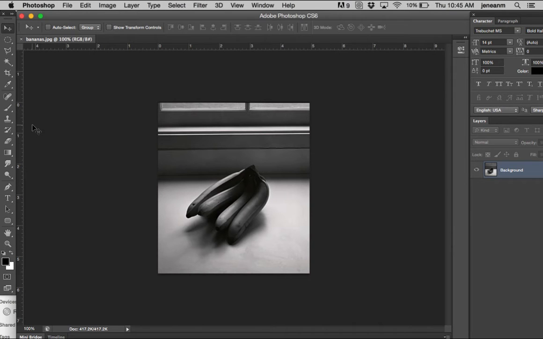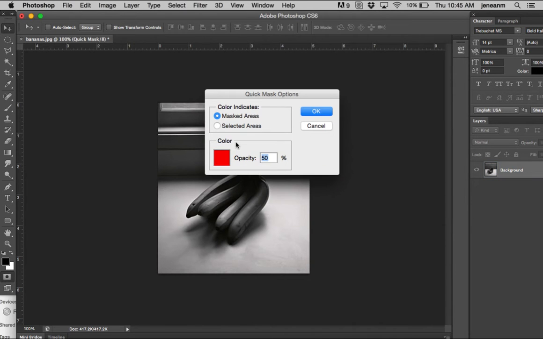All right. We're going to learn how to use the Quick Mask tool, which is also a selection tool. The Quick Mask tool is located underneath the swatches where I'm circling around with the rectangle with the circle in it. All right, so if you double click on it, you can see what the options are. And the default is to have the masked areas be 50% selected with the red, just so you can tell